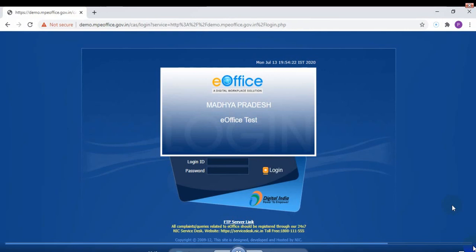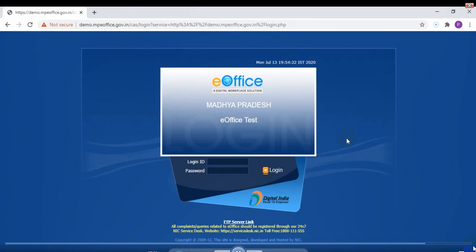So in your office or department, any government department, you have got the URL or address of the website, either a demo or live website you are working on. In that too, like I type demo.mpeoffice.gov.in, in your case maybe this login screen may open directly. There are two or three reasons for it. First is the certificate of the website is valid and the browser knows it. Second is someone or you may have accessed the website once on your computer or laptop, and when you access it a second time, as these settings were done the first time, it is not showing any issue this time. Let me try again to see if the error comes or not.